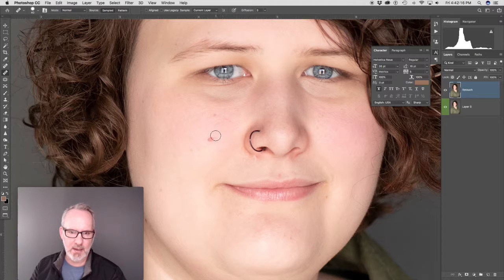So we can on the fly change the size of that brush. So I'm just going to find a brush size that is about the same size as the blemish, and using